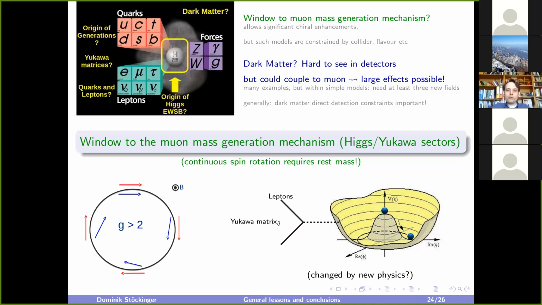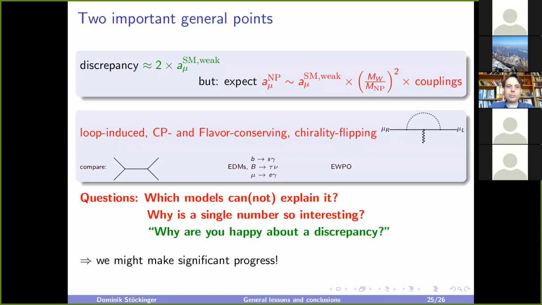And that, of course, means in turn that g-2 can really be a probe of those ideas for extending the Higgs or Yukawa sector. And so we can now come back to those questions that I asked before. We know we need a large effect, and we need to exploit all of those complementarities. We can come back to the question I asked in the beginning: which models can explain the deviation? We see many models can: SUSY, two-Higgs-doublet models, leptoquarks, and so on.